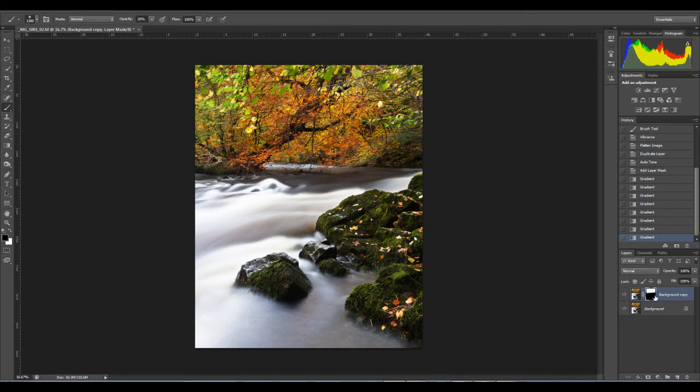So let me just double check again. Yeah, it's taken a bit of the redness out of this, which has increased the green feeling of it. So in certain areas, I'm not going to do all of it, I'm going to take it away. So again, I'm painting black. I want to paint white on that. Again, I'm not doing all of it, just a bit to add a bit of colour